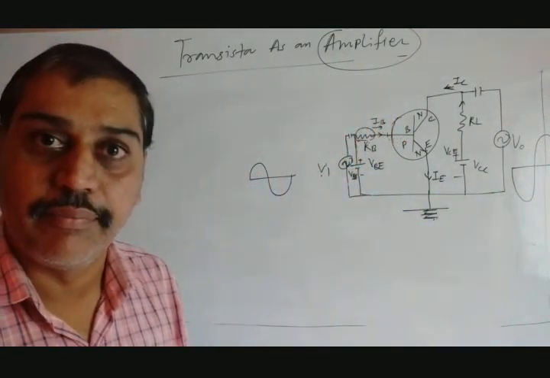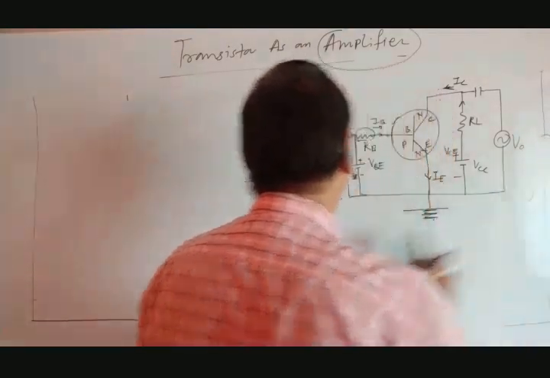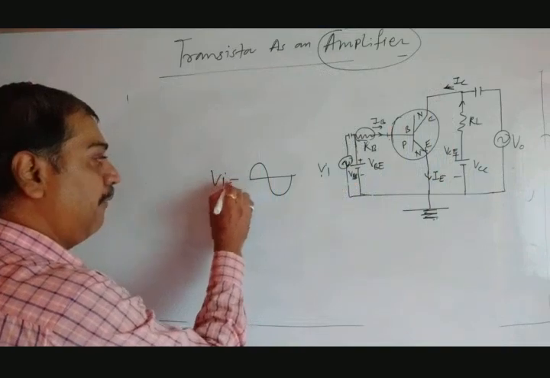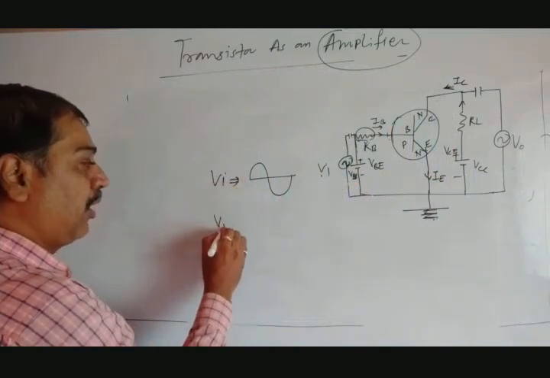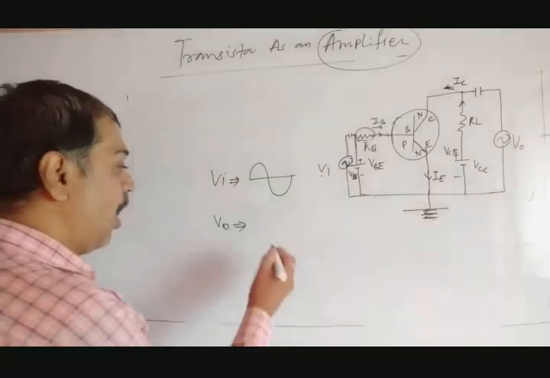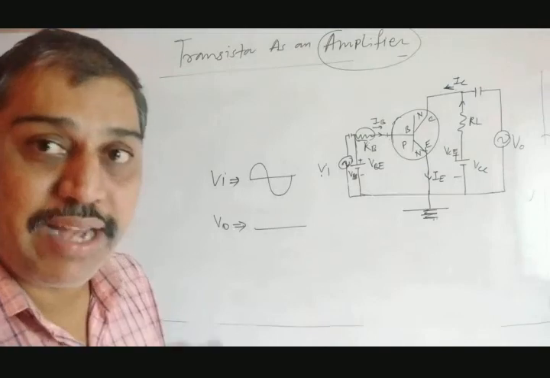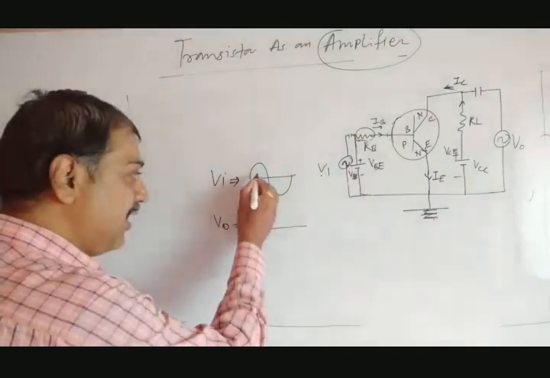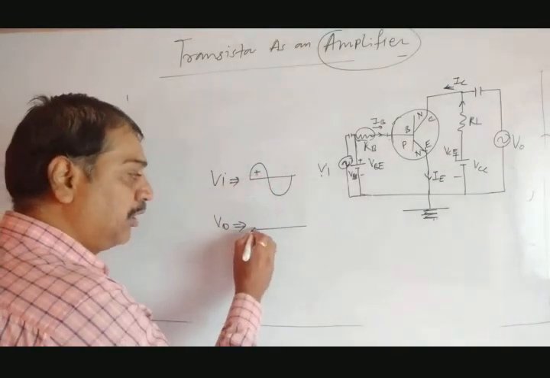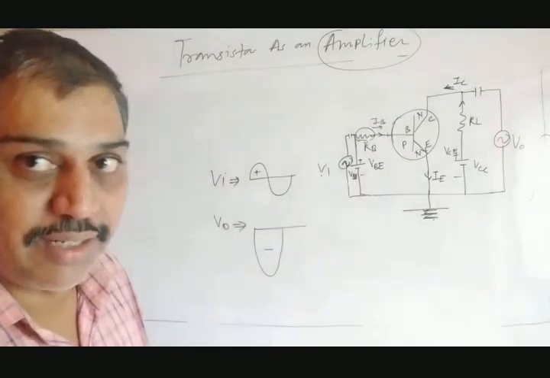Are you getting? This is going out of the screen. I will draw it here. So this is, suppose, input voltage Vi. Then we can represent for this what is output voltage Vo. Okay. So output voltage is exactly the same, but it has a minus sign. Minus means out of phase. When it is positive, then it must be negative. So it is negative. That's why that minus sign comes in the equation.